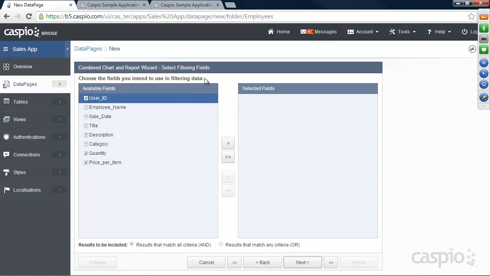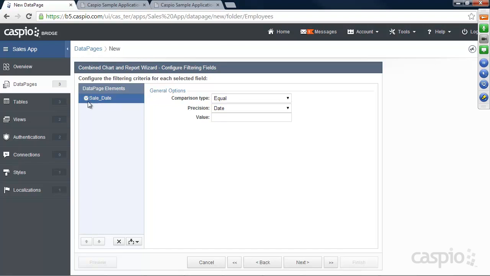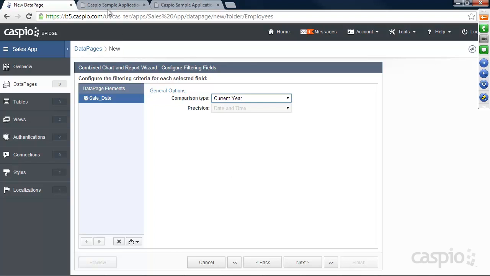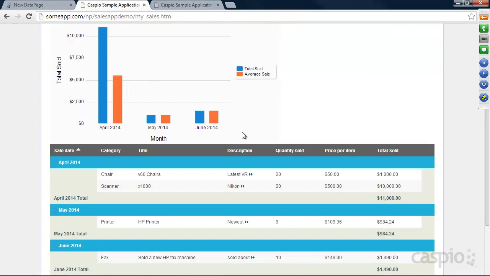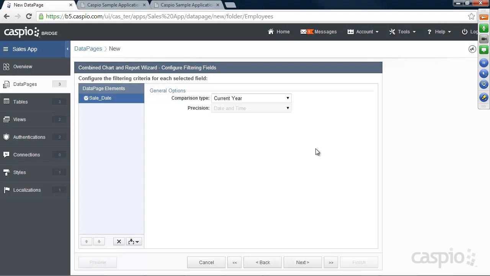And if you're not familiar what filtering really means, you can do things like this. So for example, if I include a sales date inside my filtering field, on the next screen, you can configure the field so it says, okay, display only the data from current year. And then your sales report will display data only from the current year, not in 2015 or 2013, just the current year. You can also do things like today's data, so it'll only display data from today, current week, previous X days. So this is what filtering allows you to do. You can set up parameters as to what you're able to view on the report. But I'm going to go back here and exclude that